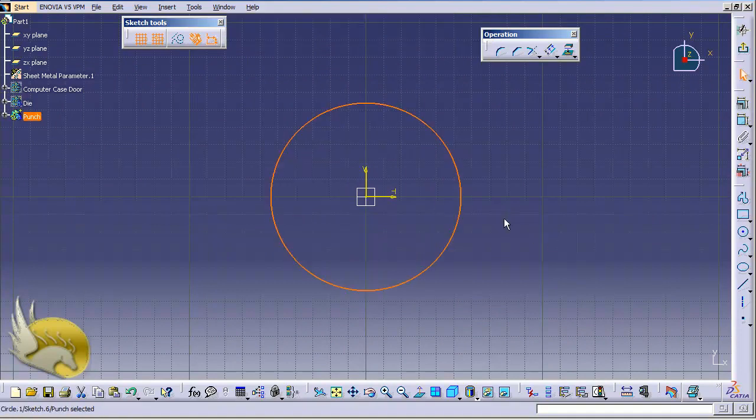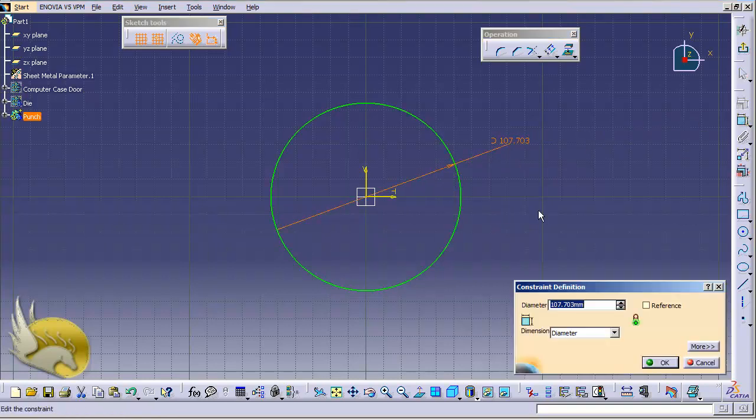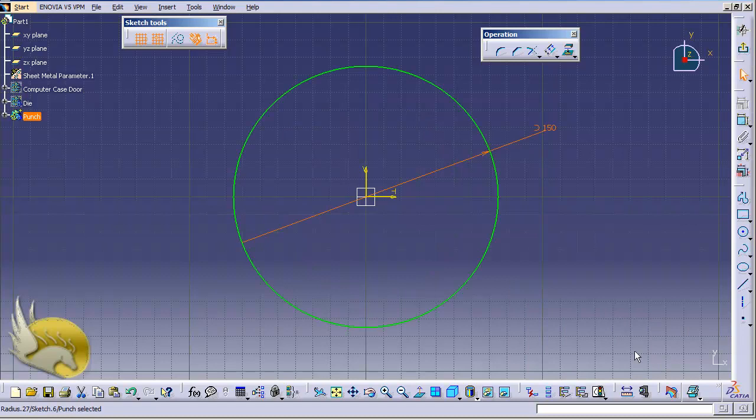So I can do two different things. I know that the thickness of the sheet metal is 1 millimeter, so I need to have about 148 millimeters of diameter here. And remember that I had 150 millimeters of diameter in the die, hole that I just created. But I can create a 150 millimeters of diameter here, and that's easier because I may have some complex shape here and I'm not going to calculate everything, and I can go to operations